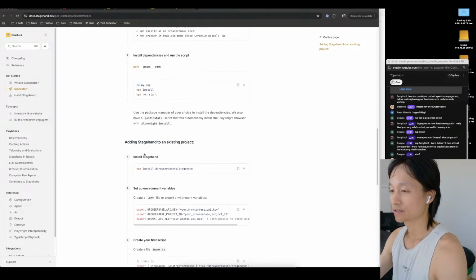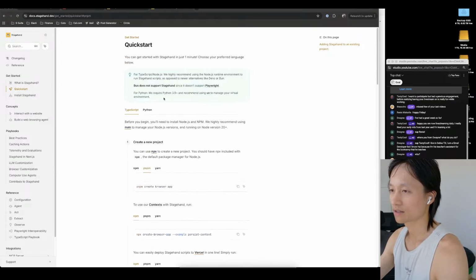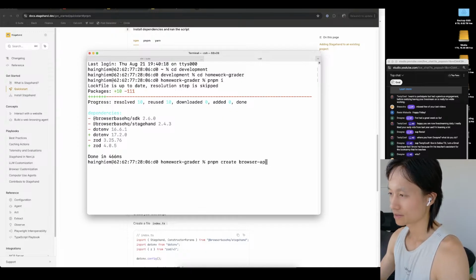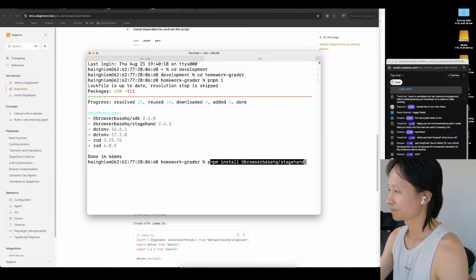Adding Stagehand to an existing project. There we go. This is a long documentation section just to get to this part. I don't like that. npm